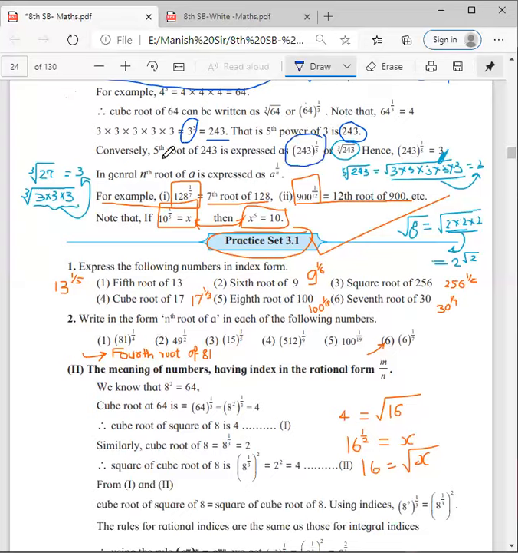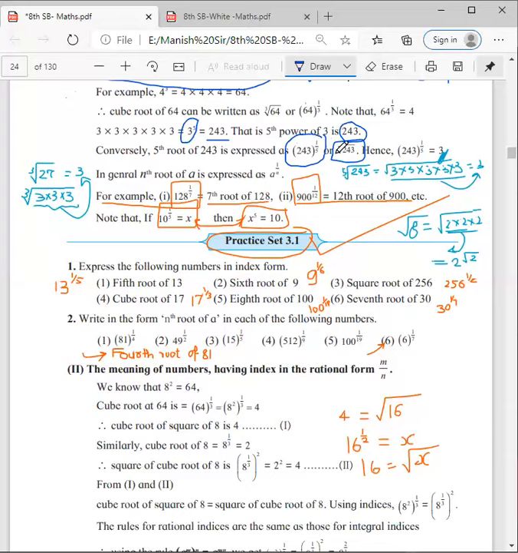What we need? Fifth root of 243. If you want to write it in radical form, see this, you will get the idea of how we have written it. The power, fifth power, so what we have written is 1/5. When we talk about the fifth root, we will write that number raised to 1/5.